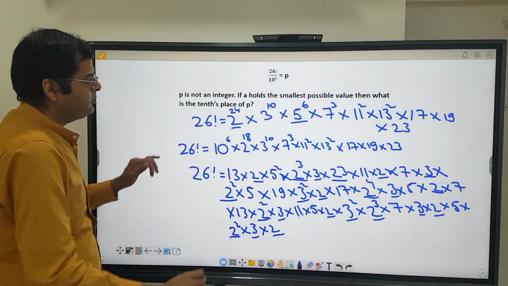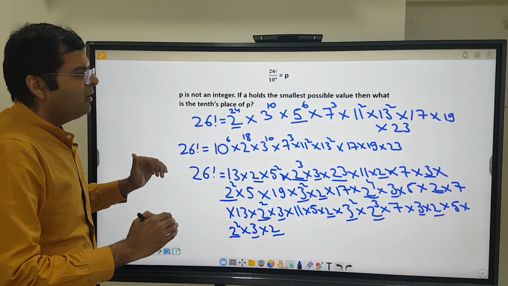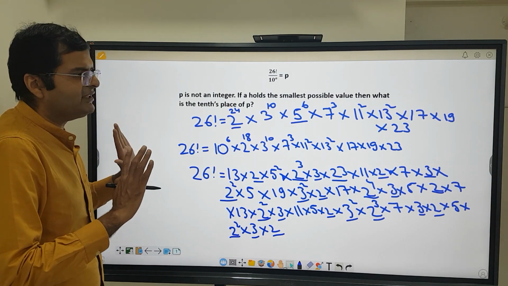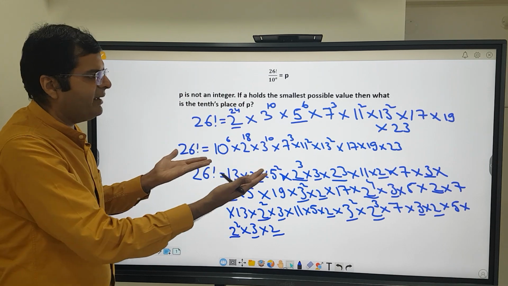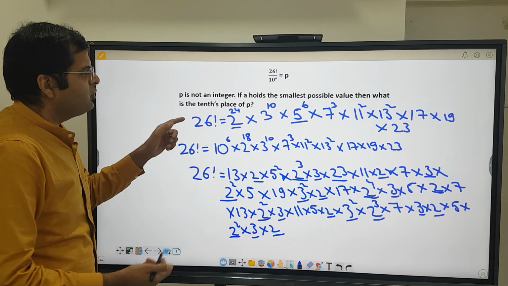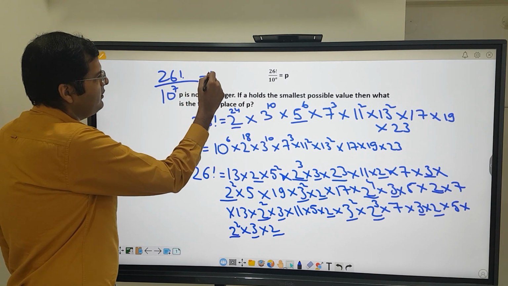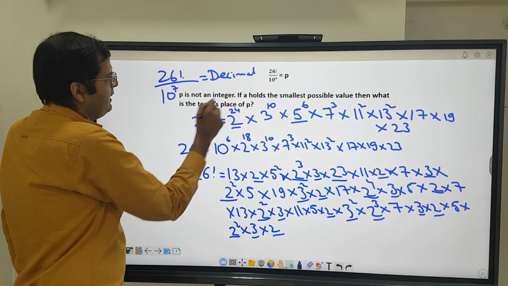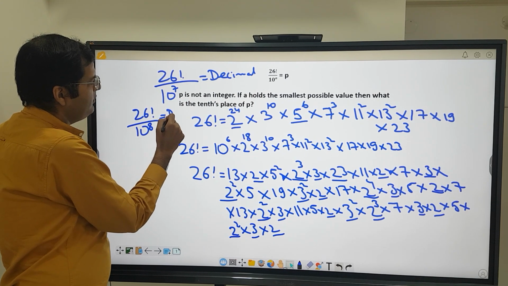This is what I get as 26 factorial. So 10 raised to 6 is the maximum power of 10 that can completely divide 26 factorial. If I increase this further, I make it 10 raised to 7. So 26 factorial upon 10 raised to 7 will give me a decimal number. Also, 26 factorial upon 10 raised to power 8 will also give me a decimal